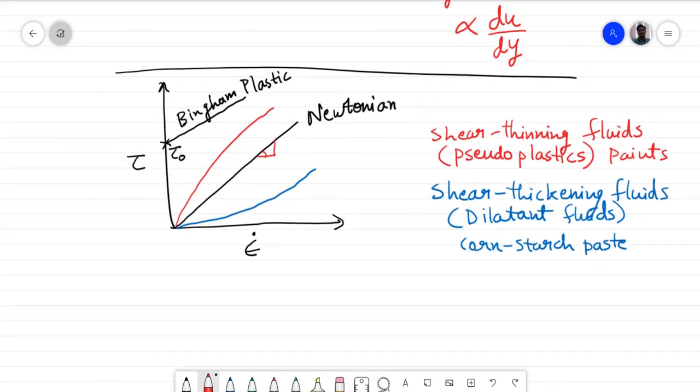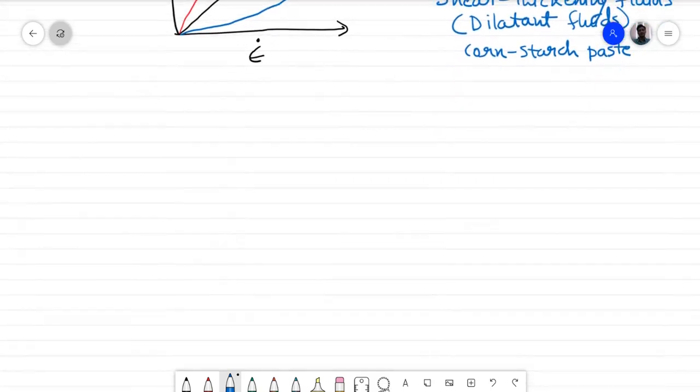Also here, it's not that all the yield stress fluids which have a yield stress, which act like a solid below a certain threshold of stress and act like a fluid above a certain stress, are Bingham plastics. There can be a combination of this yield stress nature and shear thinning or thickening nature. Or there can be various other rheologies. Everything you can imagine on this plot. All right.